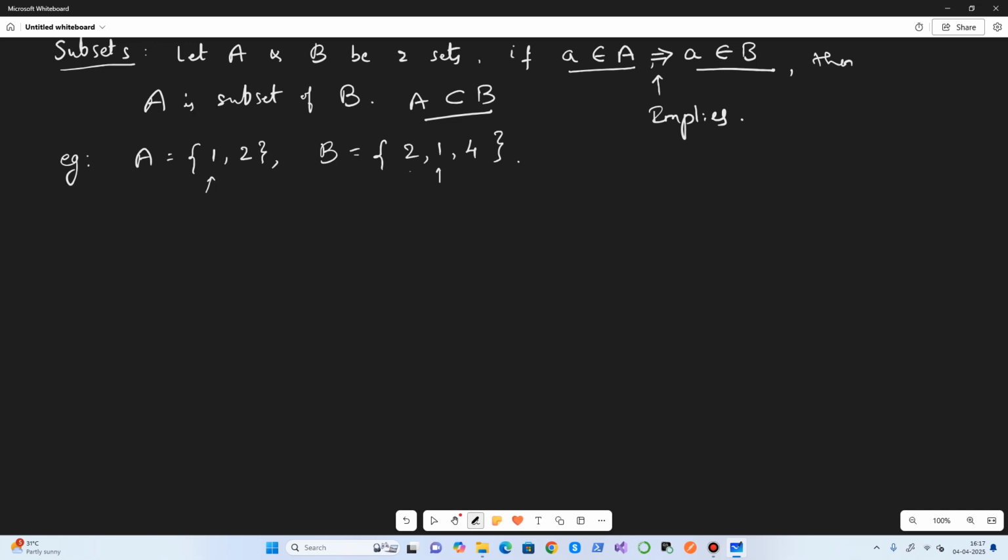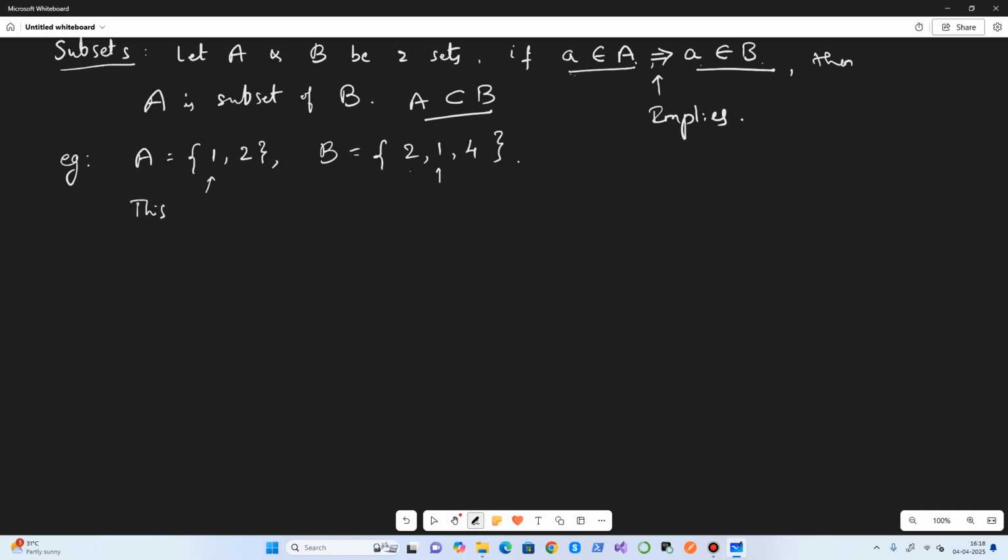So this condition is satisfied: small a belonging to the first set implies small a is also a member of the second set.